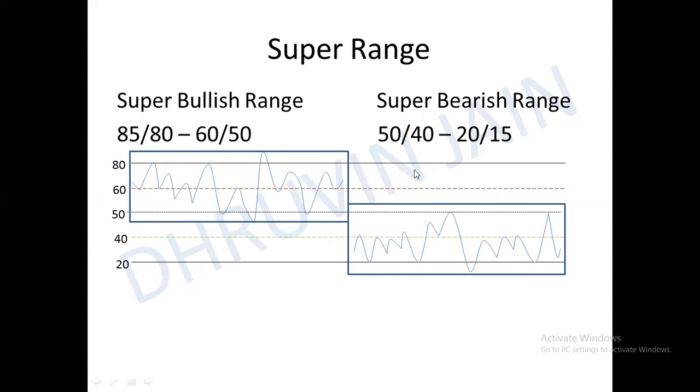you will be encountering RSI moving between the 50-20 regions, where 50 is acting as a great resistance, and you will see that 40 is also acting as a great resistance. The 40, 35, 33.3 regions are also great zones for resistance. And you will rarely see it go to the 15 region. This was my recap. Okay?